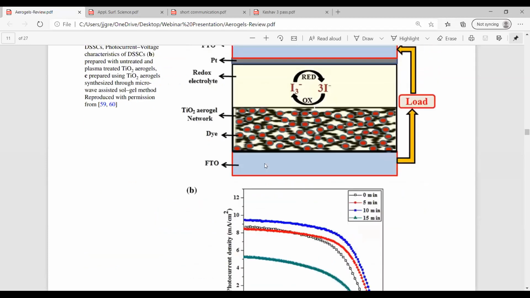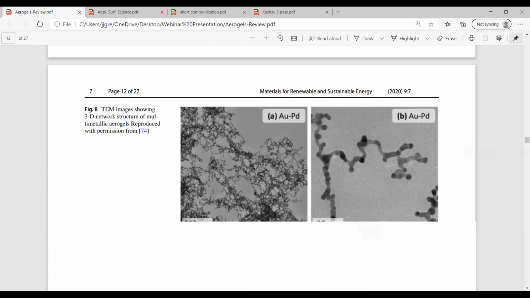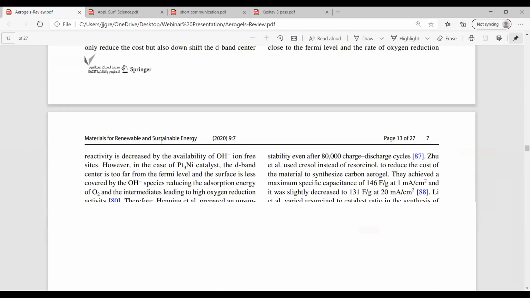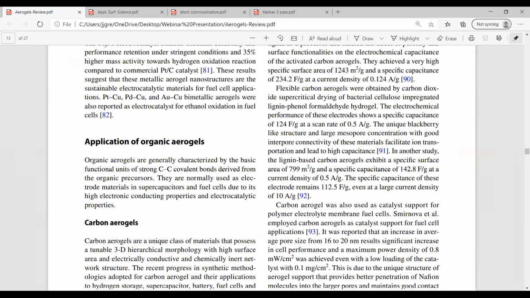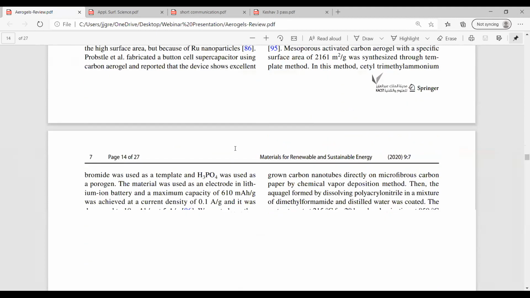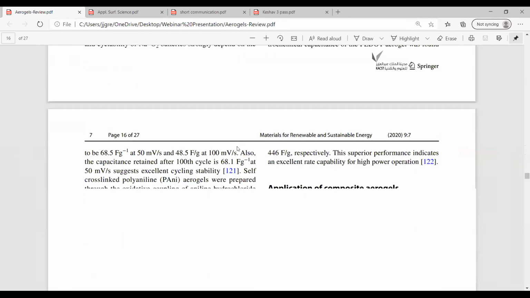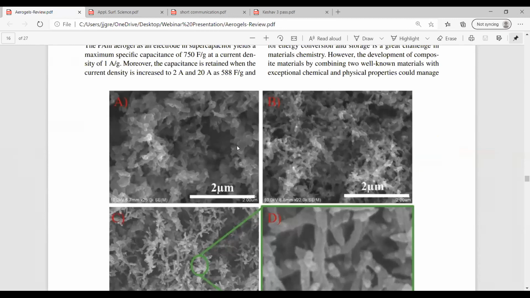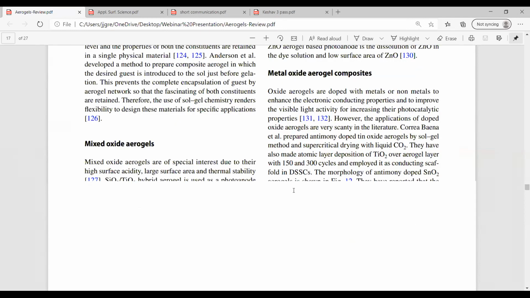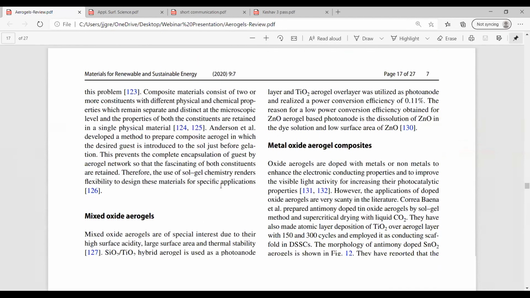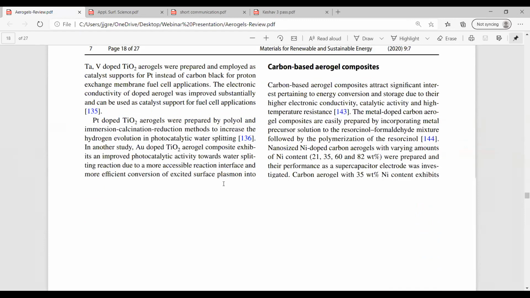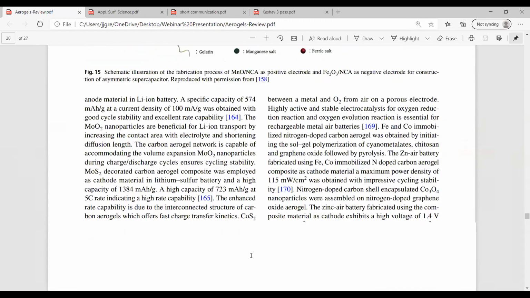So these are our results; our results are also referred to. In the previous section, we discussed inorganic aerogels. Now we are discussing organic aerogels, like carbon aerogels. So it will be going on like that. There is no experimental section, and results and discussion sections are not available in a review. And here you can see metal oxide aerogel composites. And in that way, it almost, you can see here,